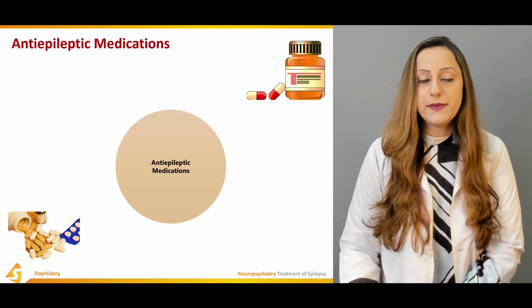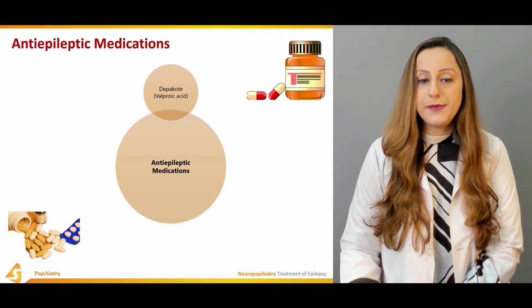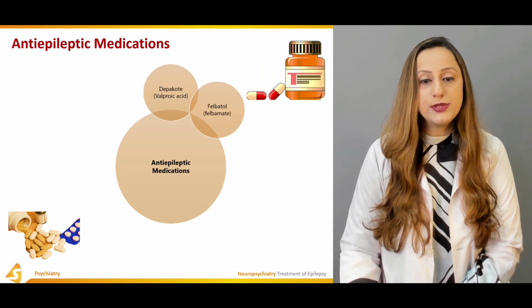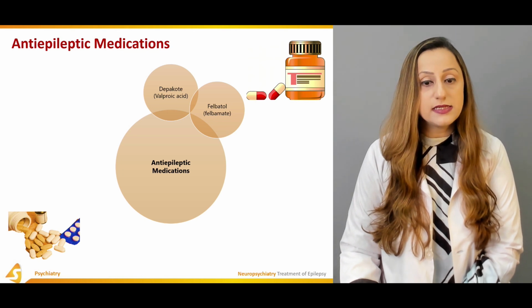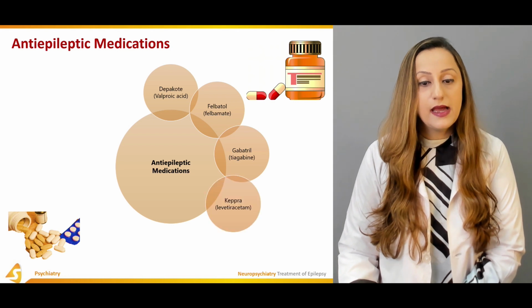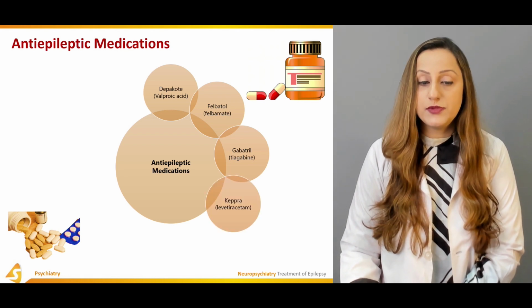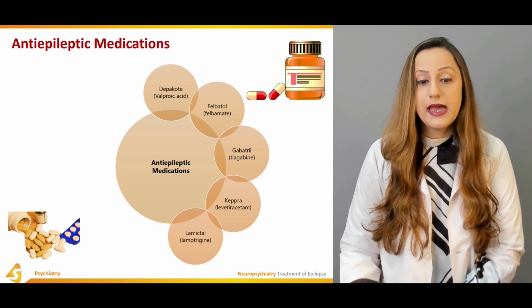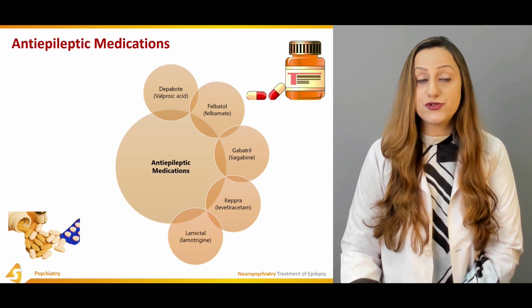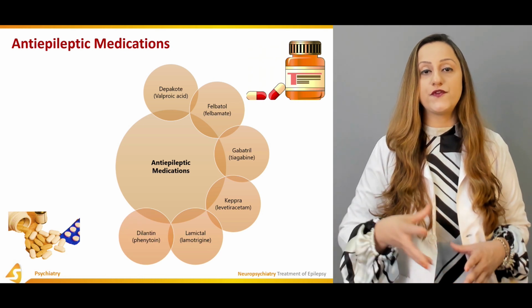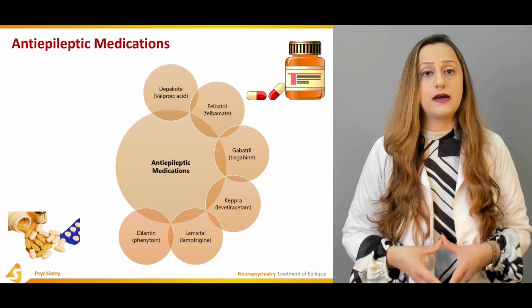The anti-epileptic medications include Depakote, that is basically valproic acid. And then we have Felbatol, that is felbamate. We have Gabitril, that is usually tiagabine. Keppra is usually prescribed in a lot of individuals, that is basically levetiracetam. And then we have Lamictal, lamotrigine. Then we have Dilantin, that is basically phenytoin, that is the most